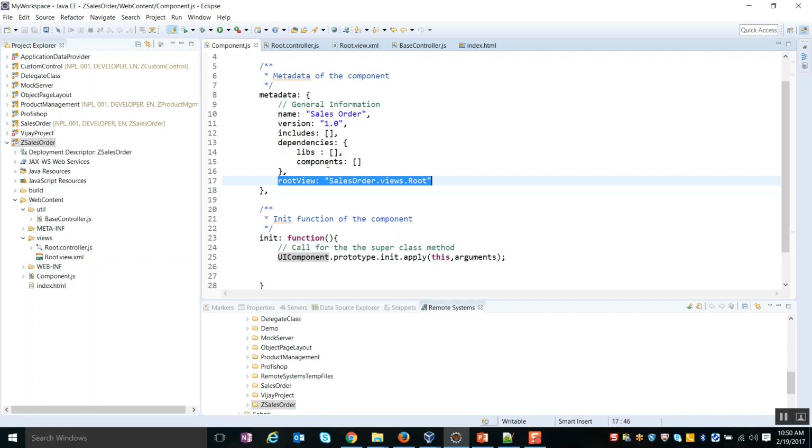So we have just created our base root view over here. Within this root view we are going to place a container, and within it we are going to place other content which will be part of our application, and we are going to navigate among them. To place this content and to trigger these navigations, we will look into routing, which I'll be doing in the next video.